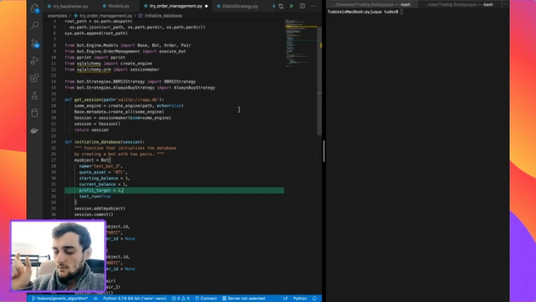Now, what we can do, because we can't really place both orders at the same time, well, we can. There is something called an OCO order: one cancels the other. That's available on Binance, but I don't think it's available on all exchanges. So we can sort of fake this. We can implement it in our own bot, and basically